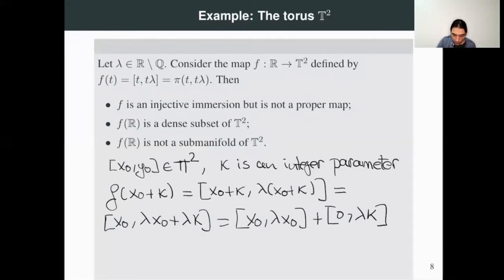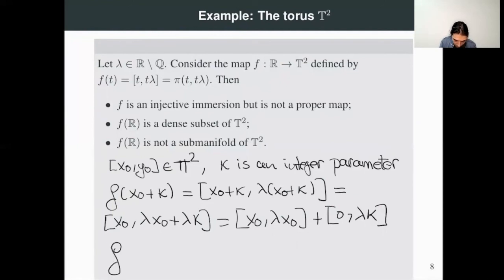But what we have to remind now is that the class of lambda k in the second coordinate actually is dense. And when we add lambda x0, it's still going to be a dense set. So because of the lemma we just proved, what we get is that the image